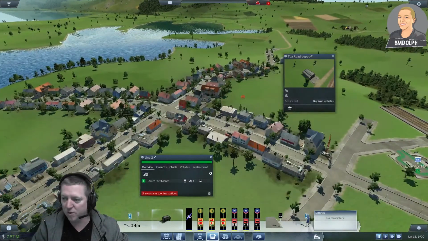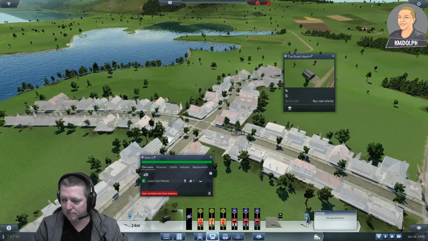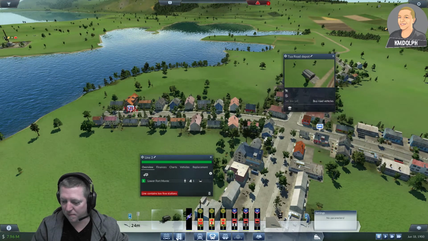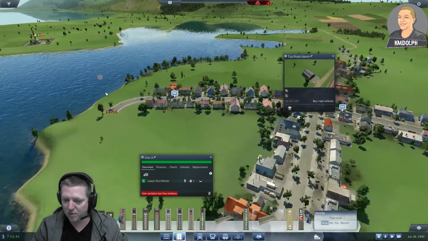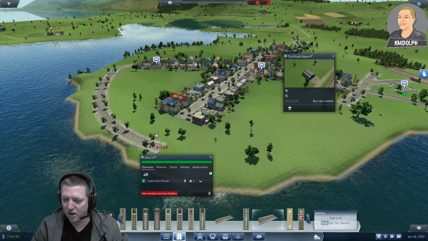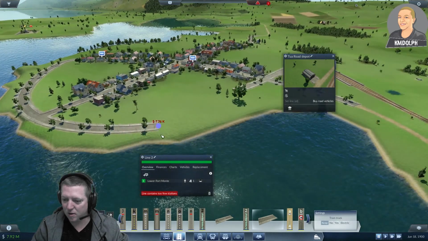Now, this one's a bit more interesting because we're all the way over there. So I'll put that there, put that there, put one there, put one there. We'll make a swinging road around there. Make that come down here. Everyone's going, what are you doing, Dolph? Don't worry, there is a method to the madness, and I'll show you why. And then we'll bring that around. This is going to be a loop-de-loop